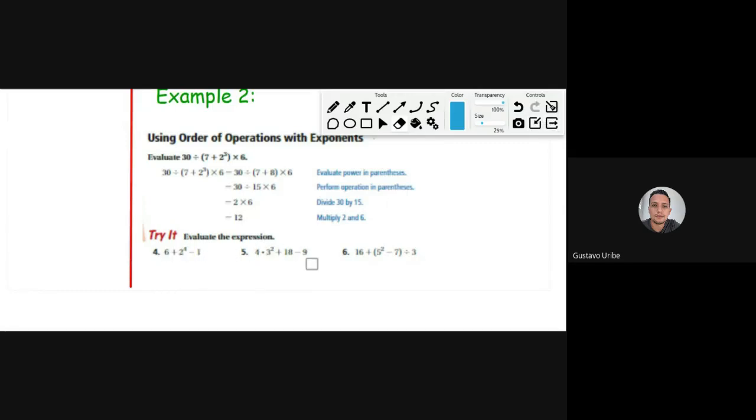Now, there's some problems down here that you can go ahead and try as well. As long as you are following order of operations, you should arrive at the correct answer. For example, this first one, we're going to have to evaluate 2 to the fourth power before we do anything else. And remember, 2 to the fourth power is 2 by 2 by 2 by 2. So 2 times 2 is 4, times 2 is 8, times 2 is 16. So I arrive at,